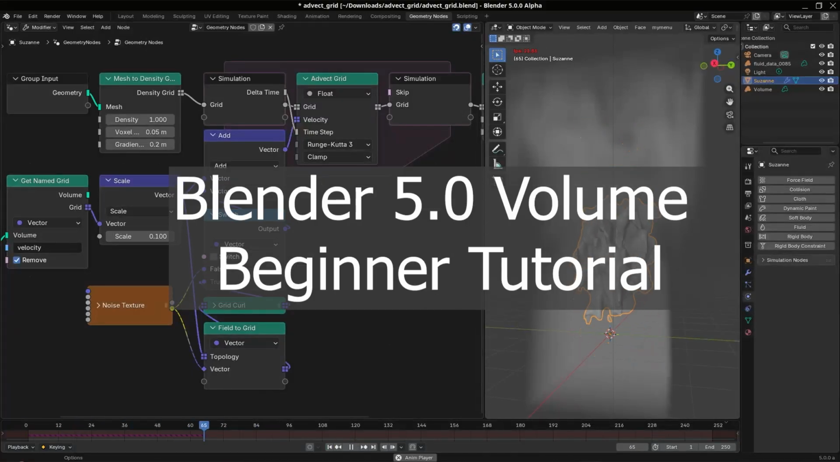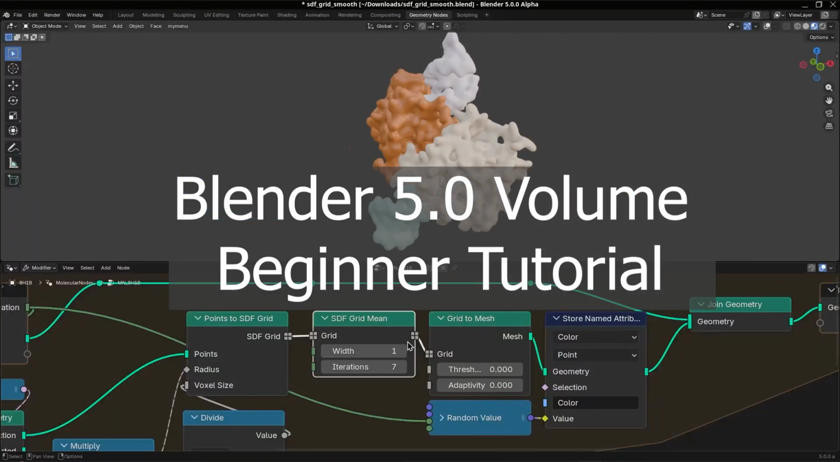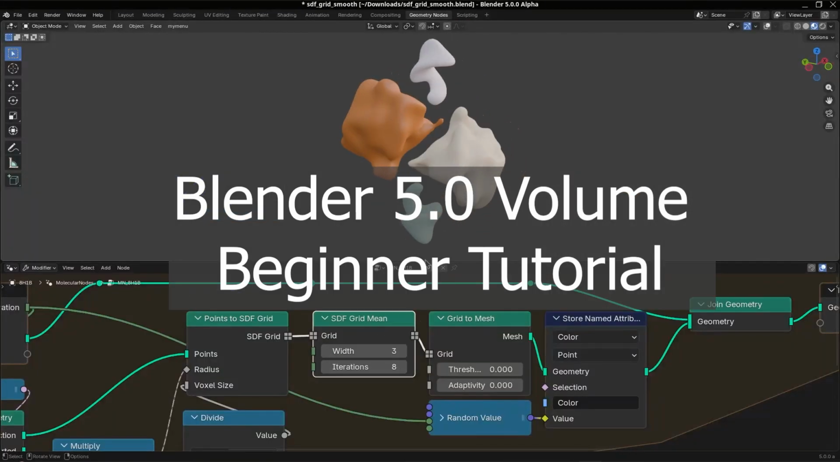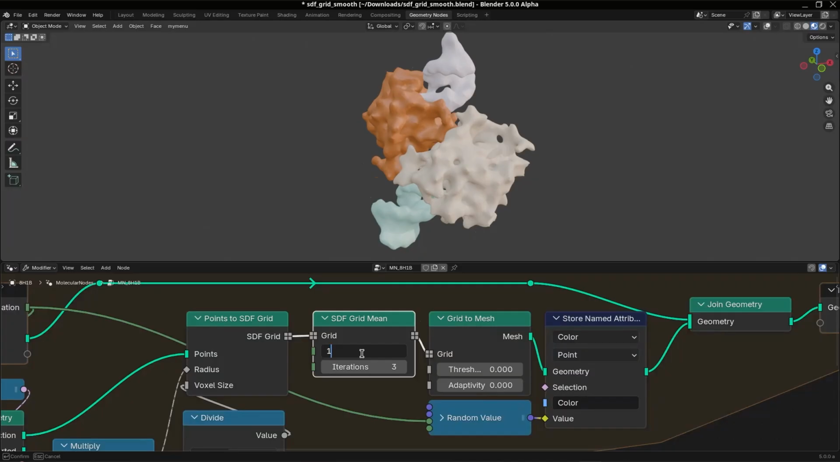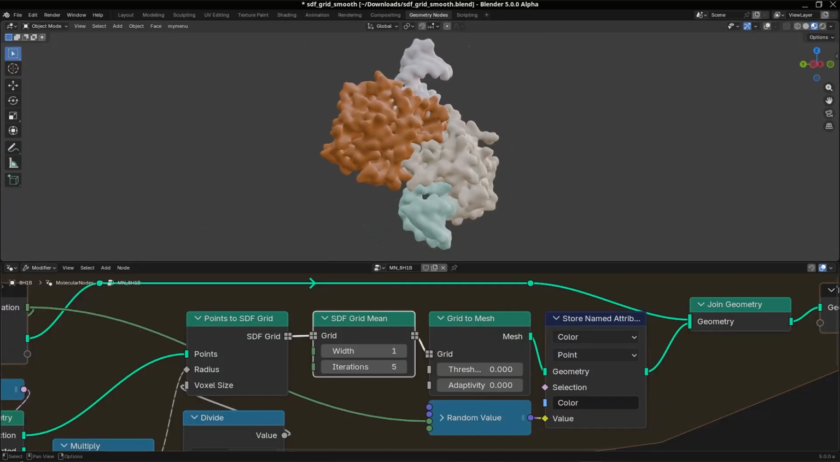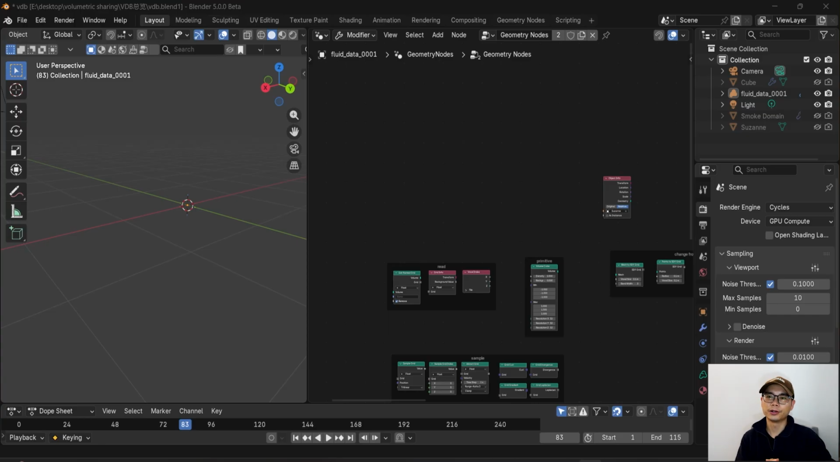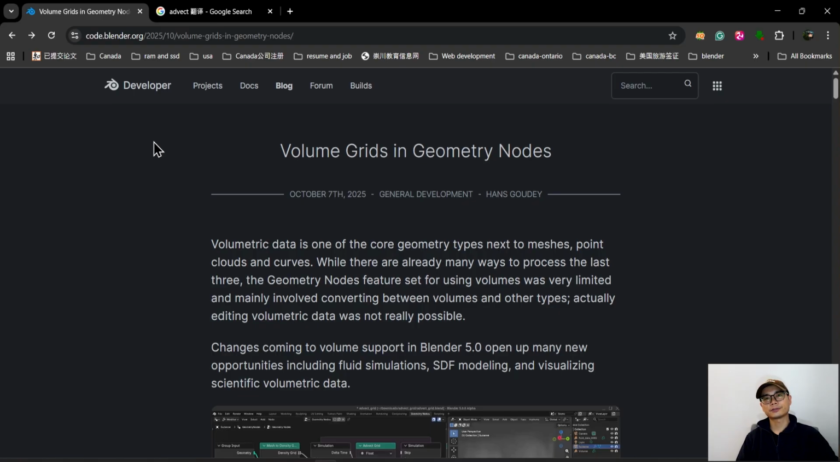Today I will share what I learned about the VDB nodes in geometry nodes in Blender 4.0. There's, to be honest, a bunch of nodes to learn, but they are also very useful, so I think it's worth learning them. And if you have dived into these nodes before, you will find that